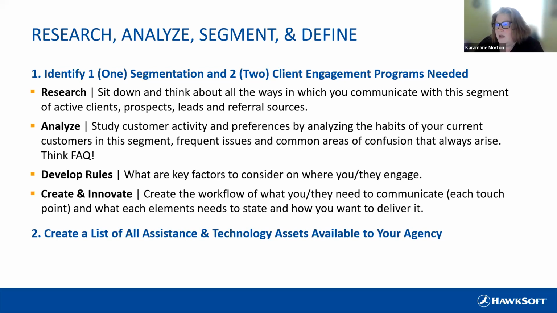Technology, once again, is your AMS, a CRM if you have it, an email marketing system if you have that, sentiment reporting, anything that you have available: Word, Excel, a voicemail drop system. An assistive asset is really a human resource asset, somebody that you have who has some time to possibly advocate for this program and really push it, not just to your clients, but out to other team members in your agency for buy-in.